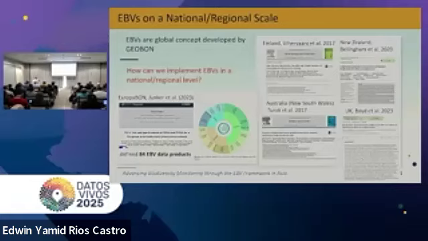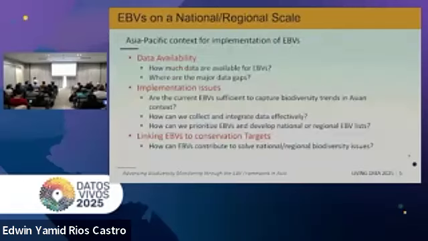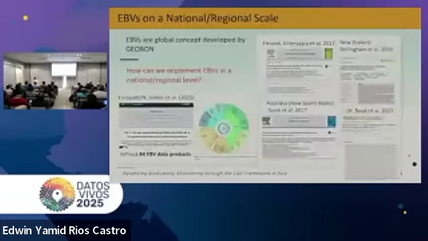EBVs are a global concept developed by GEO BON, but when it comes to applying them at the regional scale, several challenges can arise. At the regional scale, EuropaBON provides a very good example of how to develop regional EBV products across multiple countries.